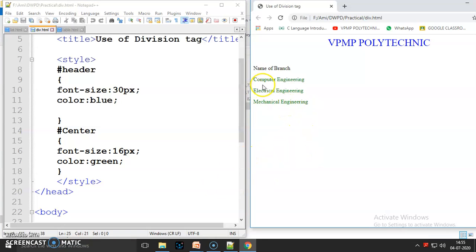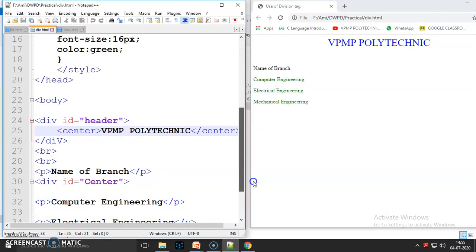It is written in green color with font size 16. So for repetition of code, I use the division tag. Here in the coding, I write VPMP Polytechnic in a center tag like this, and I put this statement in a division tag and give the ID equal to header.